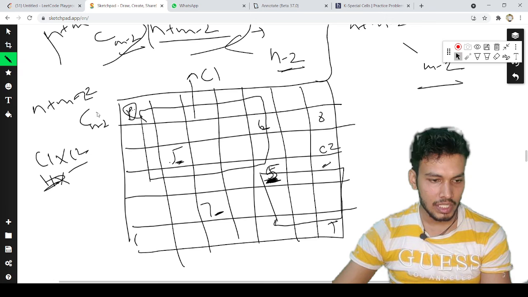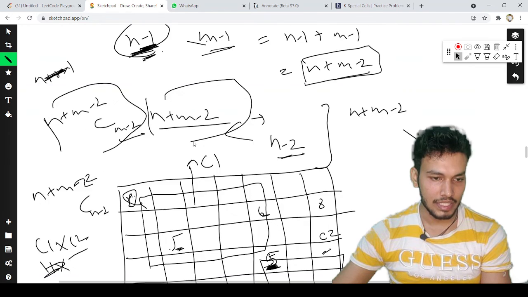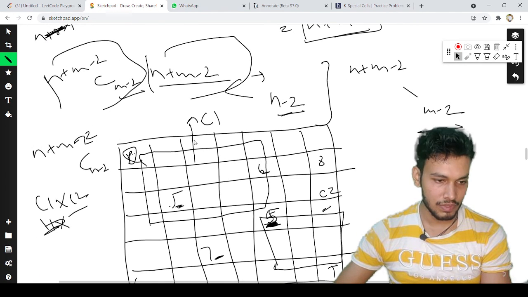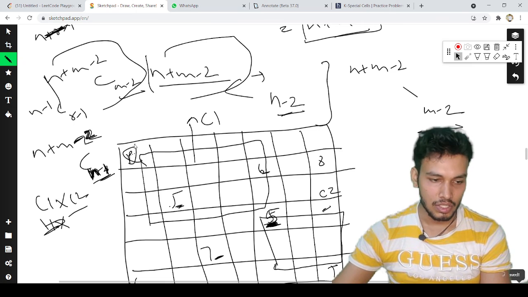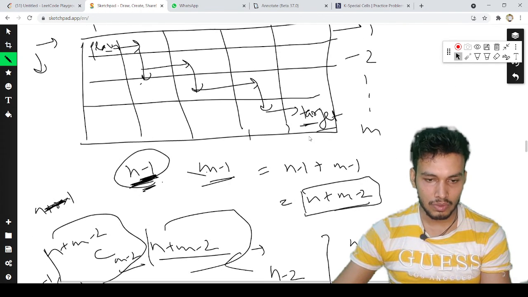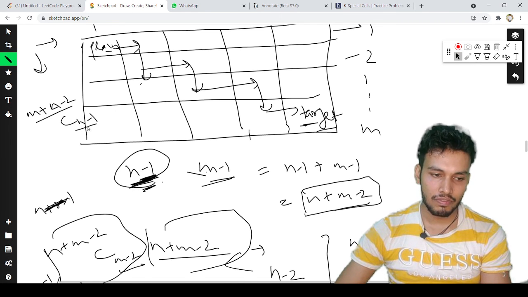And in this case as well, one more thing, we can apply the same case as before, with n minus 1 C r minus 1, right? So we can directly take it as n minus 1. It will work: n plus m minus 2 C n minus 1, right? So that will be the total possible paths from player to target. It's simple: we have a total of n plus m minus 2 steps, and out of which we need to select any n minus 1. If we select n minus 1, by default m minus 1 will be left, right?